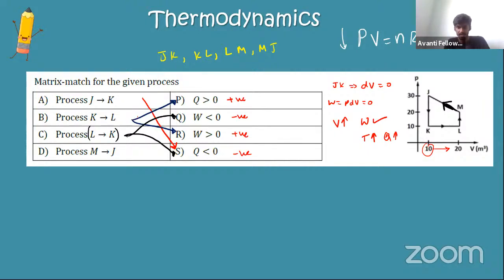Work done is negative, right? Because volume is decreasing. It's coming from 20 to 10. So compression हो रहा है, इसलिए work becomes negative. But you can't give direct information about heat. Okay, you have to do the problem, because you can see in that diagram, pressure is increasing by +10 and volume is decreasing by -10. So you can't actually tell what happens to Q unless you solve the problem. So just in that case, just point it to negative work.